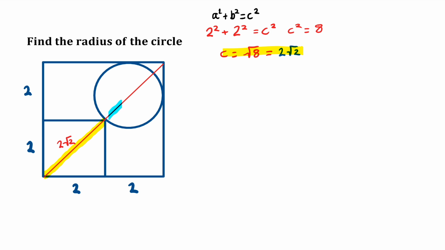So the next thing I'm going to do is highlight this blue part here, which is the other half of the diagonal. And we know that the blue part plus the yellow part must equal the total diagonal of the square. And since both lines are 2 root 2 in length, we know that the total diagonal must be 4 root 2. So if we rub off that blue part real quick, we can replace this with an r,